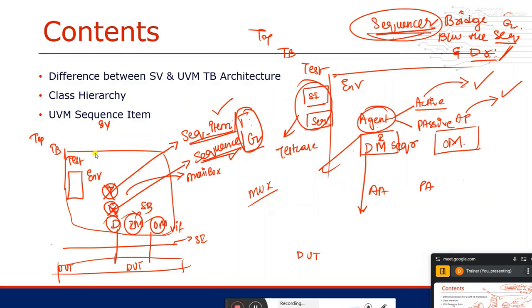Either you can take one active agent and one passive agent, or n number of active agents and n number of passive agents, or only active agents, or only passive agents. That is left to the project, according to our specification we will take it. End of the day we are supposed to decide depending upon the scenario that we have in front of us.